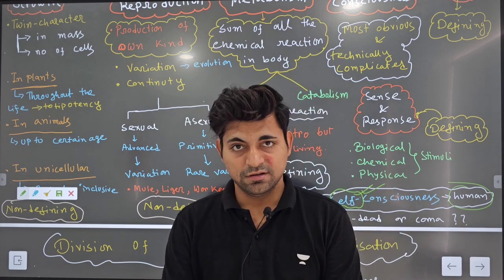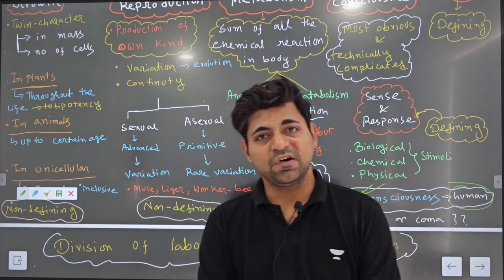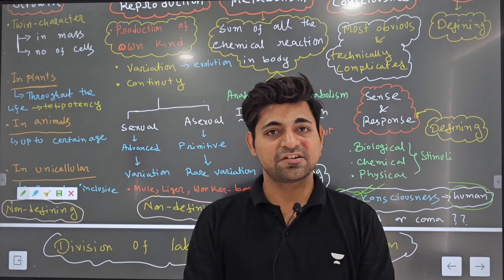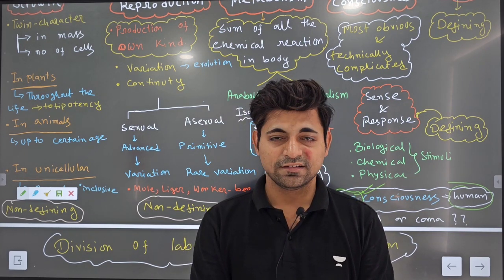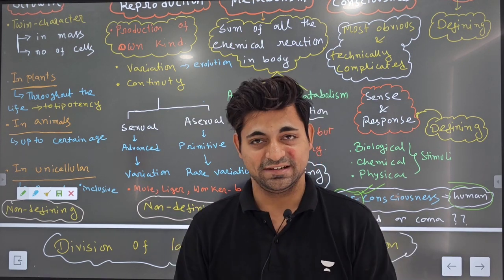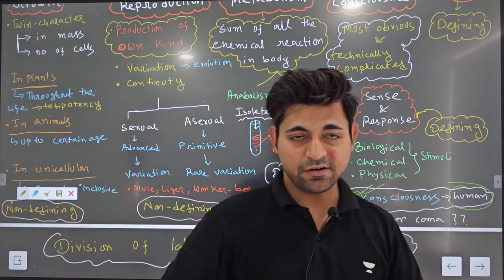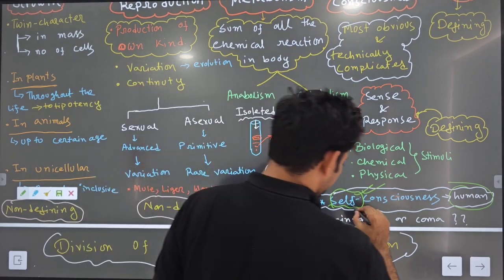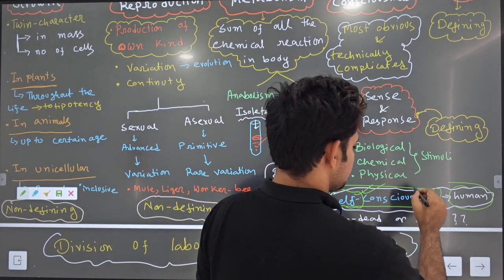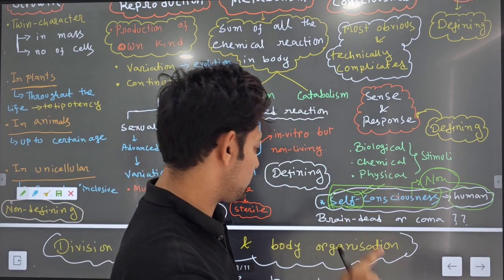How can he tell me idiot? But if you call a real donkey, not a human being, if you call a real donkey and tell him, hey idiot, then the donkey will say dhachu dhachu. He will not get angry, he will not get happy, he will not get sad. Okay, so that is the difference between human beings and other animals, other organisms. So self-consciousness you can find exclusively in human beings only. So self-consciousness is again a non-defining feature. Non-defining feature. But consciousness is a defining feature of life.